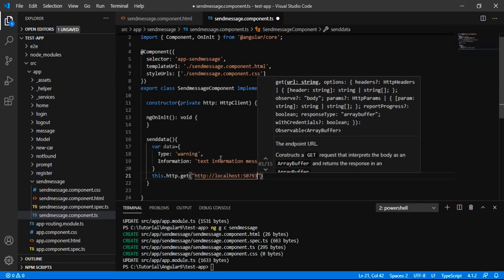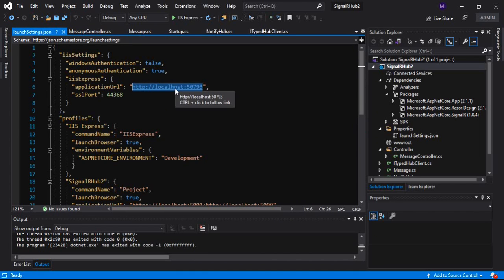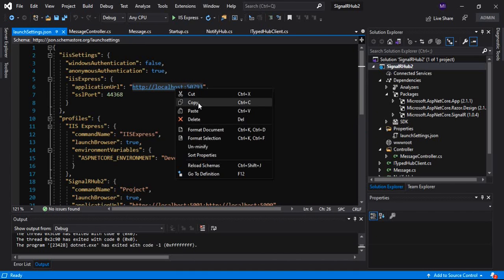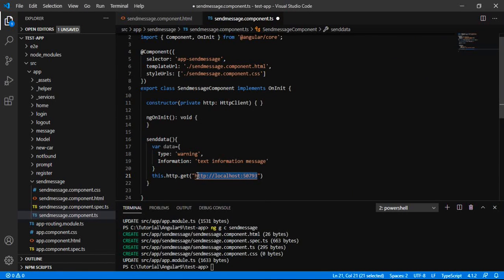So here we have to copy the application URL and then /api/ your controller name,